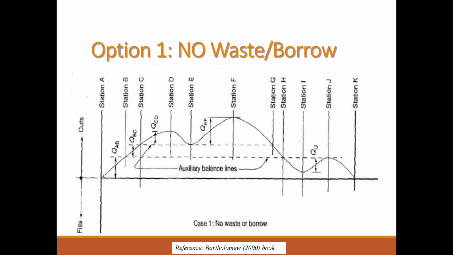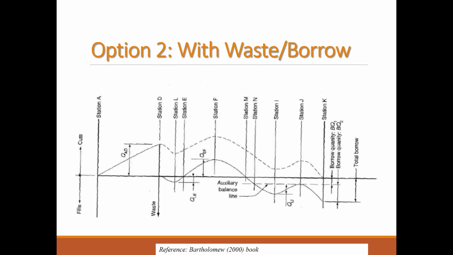Now, if I decide to cut materials from stations A to D and then waste them, basically take them out of my site, not use them again, then at this point in time, what's going to happen is really this option 2 that we see. In option 2, QAD is actually going to be a waste. And then starting at D, we're going to start with our new balance mass diagram, which starts at 0 at station D, and then it moves with the same idea,